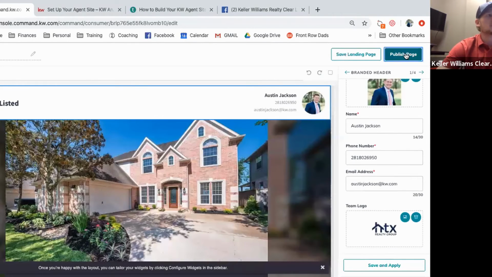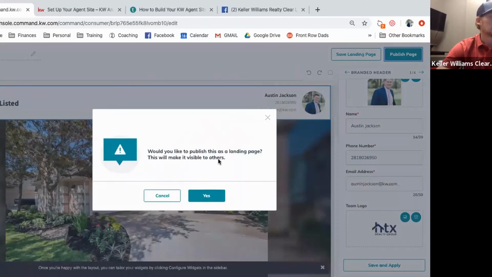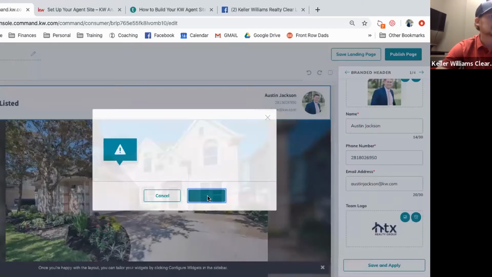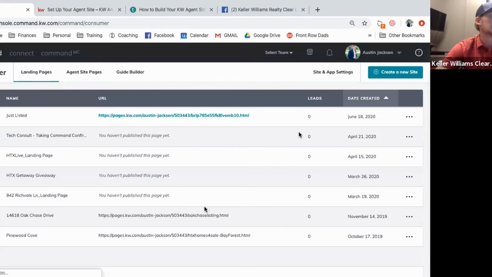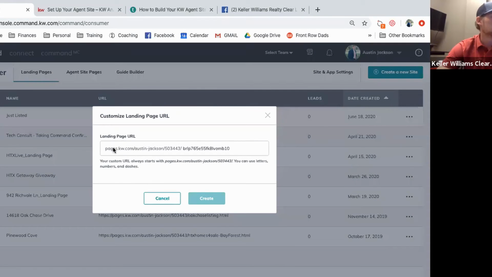And now I can publish the page. Would you like to publish this as a landing page? This will make it visible to others. So now people can see that landing page and they can access it. So here is the hyperlink to that landing page. You can change that URL. So it's going to have a page.kw.austin. However, you can change this part. So just listed